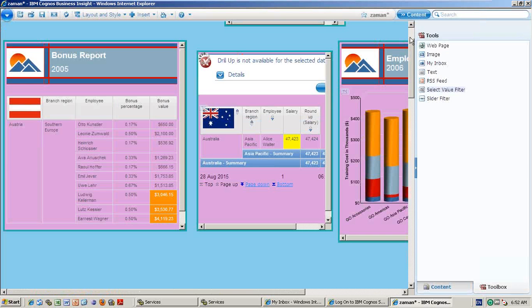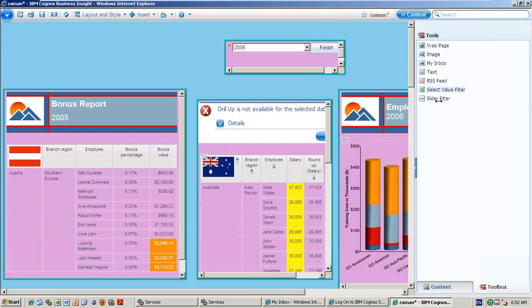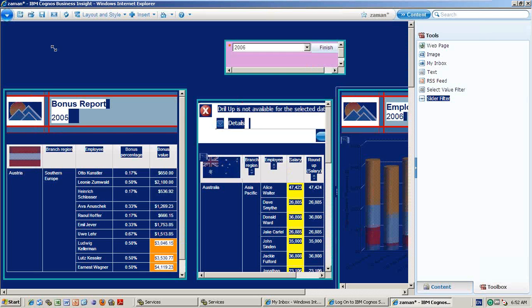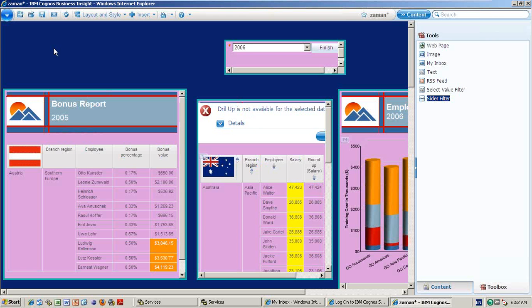So I will go for that one. Maybe salary we will put, okay, this much to this much, or bonus this much to this much, something we'll put. You drag and drop slider filter on the top, or you right click and insert whatever the things you want, you can do.